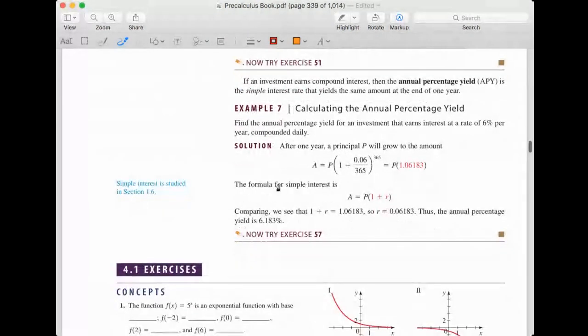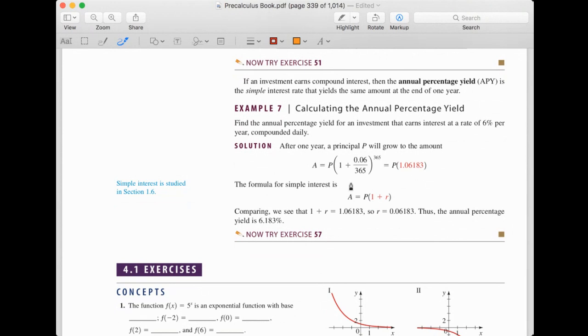Let's see this example. It says: find the annual percentage yield of an investment that earns an interest rate of 6% compounded daily. So n equals 365, and the rate 6% is 0.06. After 1 year, the annual percentage yield is principal times 1 plus 0.06 divided by 365, raised to the power 1 times 365. So that equals, calculating this, approximately